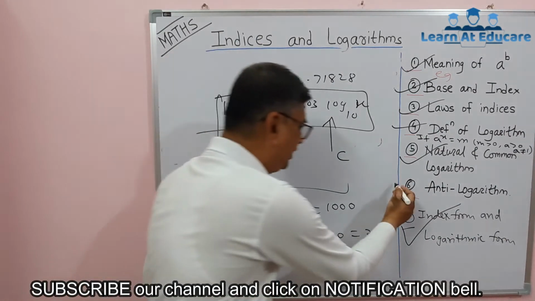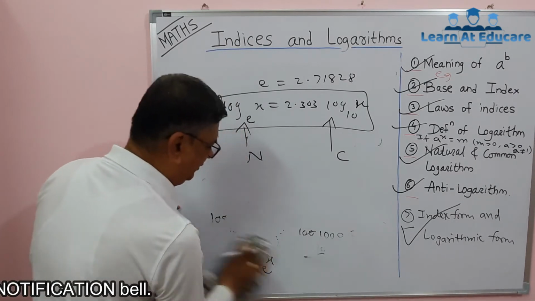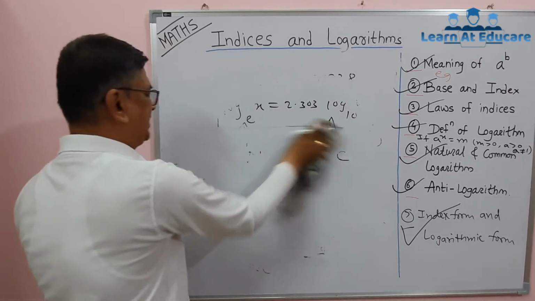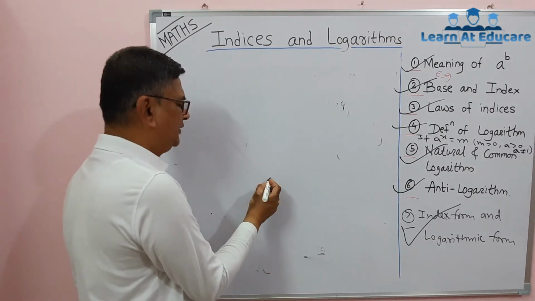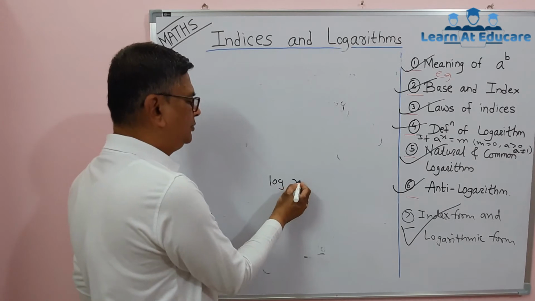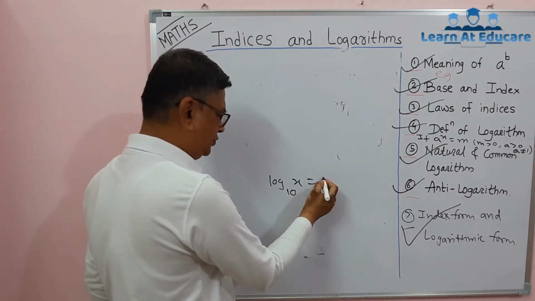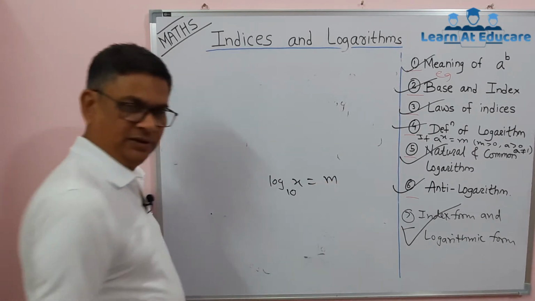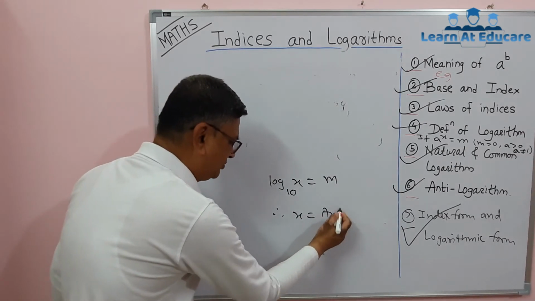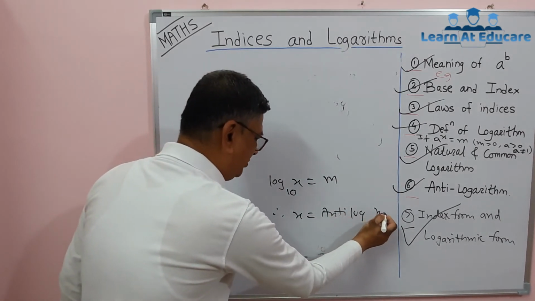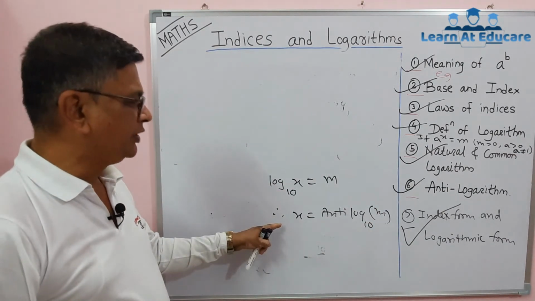Then the next is anti-logarithm. What is anti-logarithm? As the name indicates, anti means it is in the opposite sense, as we know the terms like clockwise, anti-clockwise. See, if it is written log of any number to some base, suppose to the base 10, equal to its value, suppose this value in general is m. Then if you transfer log to the other side, it becomes anti-log, something like this. Anti-log of that number, now to the base 10. The base is always the same there. So that is the anti-logarithm.